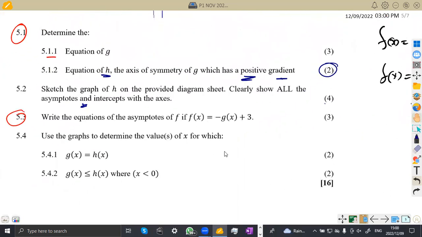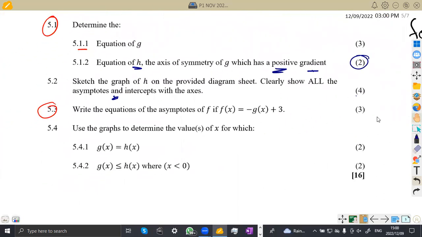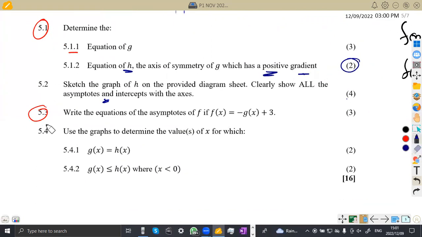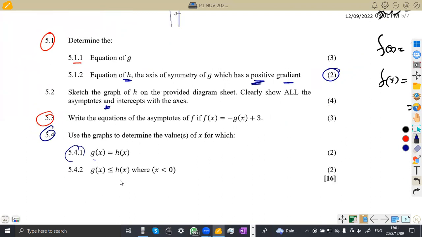All right, use the graphs to determine the values of x, on 5.4, for which, on 5.4.1, we are now given g(x) is equal to h(x). So the problem that we had is that as we just draw a line, we didn't do this accurately. It was supposed to be done on a graph. But on that graph, actually, it's only that I do not have the graph here. But on the graph, actually, it was